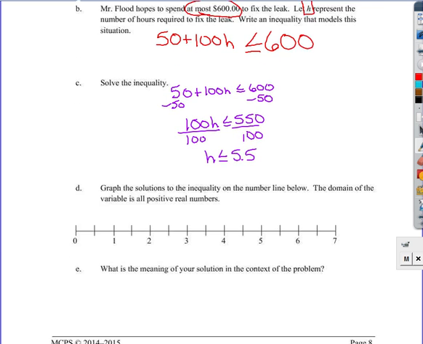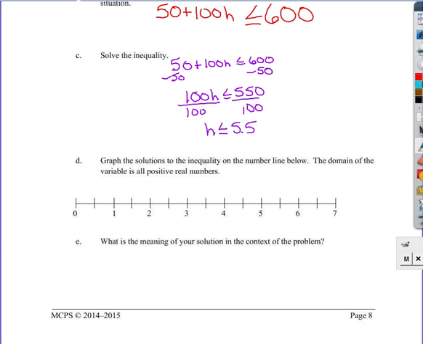Next step, graph the solutions to the inequality on the number line below. The domain of the variable is all positive real numbers. So I know I have to have less than or equal to 5.5. So at 5.5, I'm going to put a closed circle. And that means he can work anywhere less than 5.5 hours. So I'm going to fill in all the way down to 0. But I'm really not going to pay him because he comes to the house and does nothing. So I'm going to put an open circle around 0 to show they're not getting paid at 0, but they could get paid at a quarter of an hour or an eighth